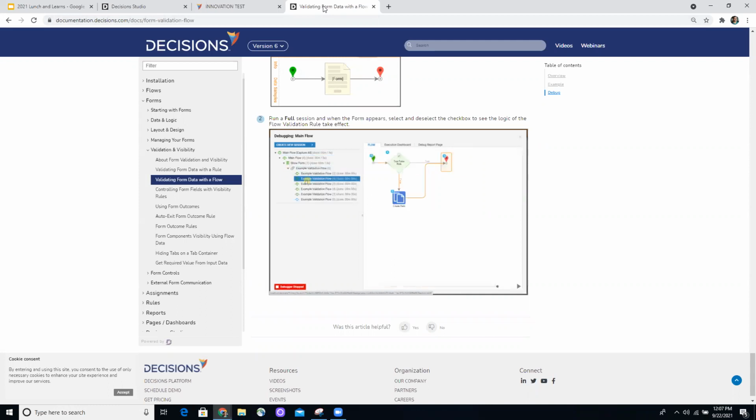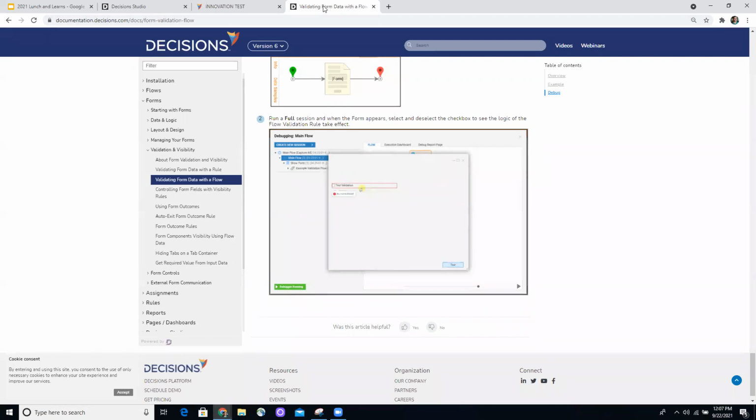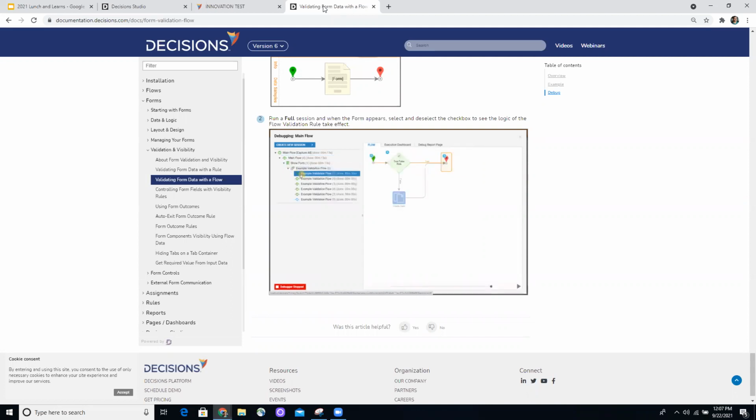Now I want to tell you something. I did debug. The flow is triggered. I made the debug. I got the information. The form decision is giving me exactly the information which I need. For some reason, this information is not displayed in the form. I don't know why. I went through all this process many, many times. Unfortunately, something is wrong with me or I don't understand.